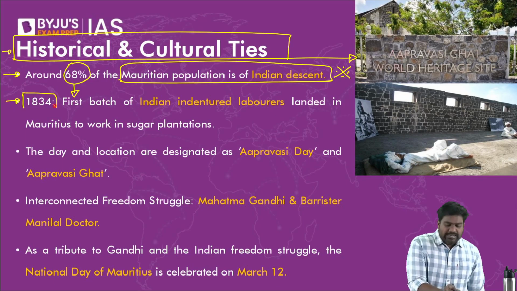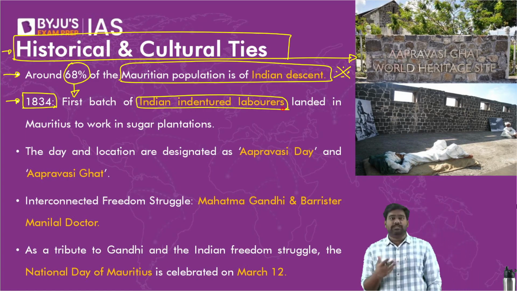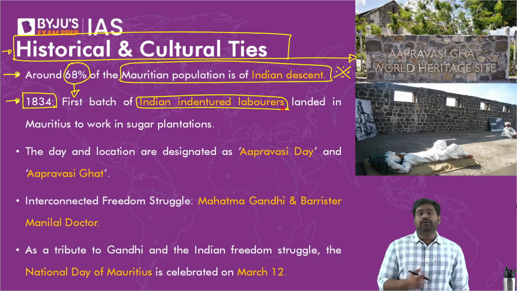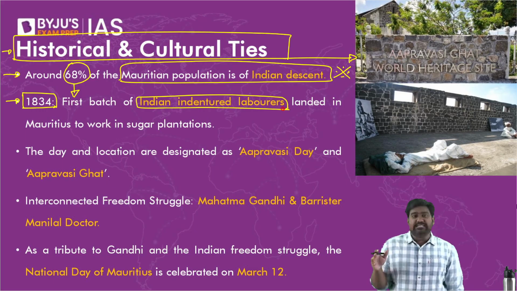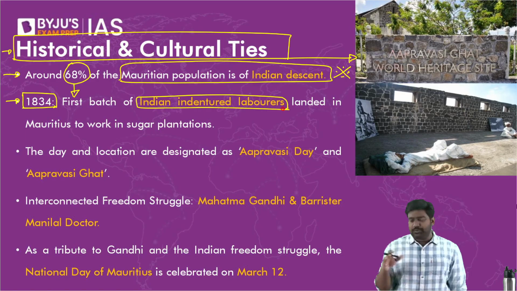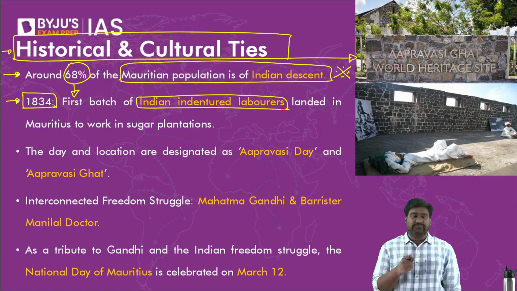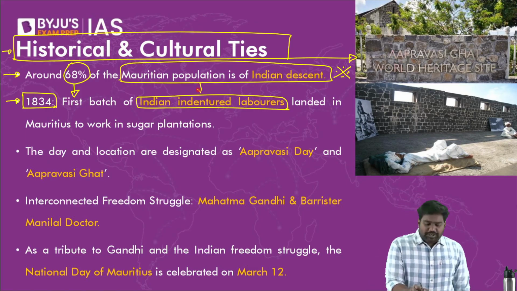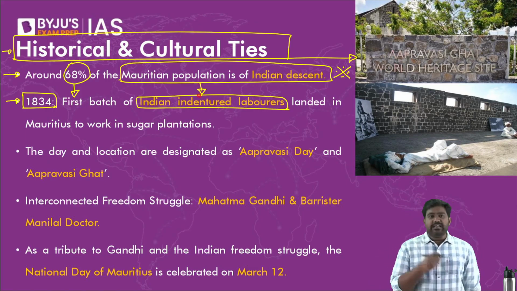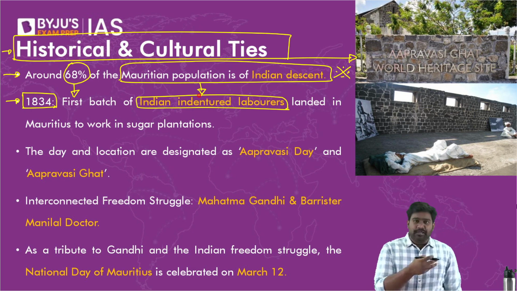Remember, I explained the indentured labor system under Sri Lanka, how Indian laborers were transported by the British around the world to their colonies to replace African slaves because African slavery had been abolished by the British Parliament. In the early 1800s, the British Parliament passed a law abolishing African slavery to end its brutalities. So British companies like the East India Company needed to replace African slaves with cheap labor. They wanted cheap labor to run their plantations, their factories, to build their railways, etc.